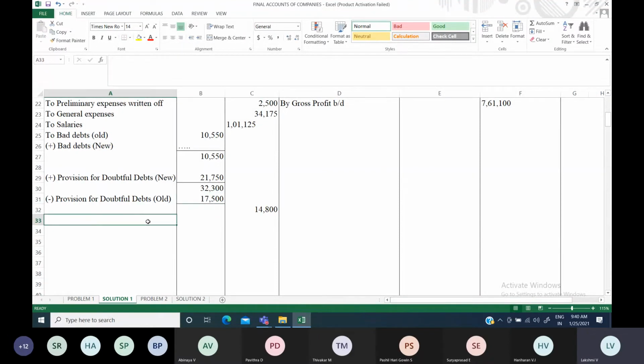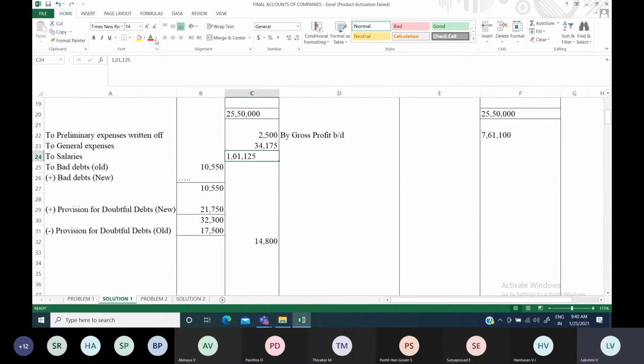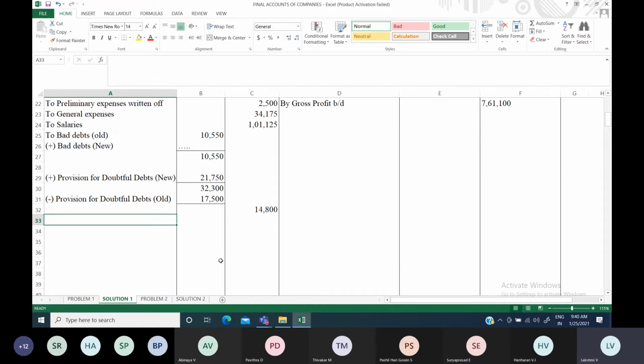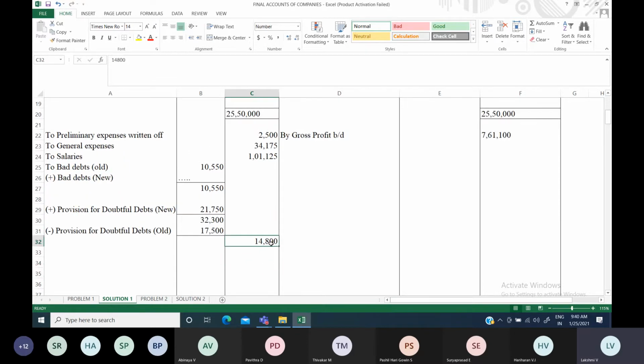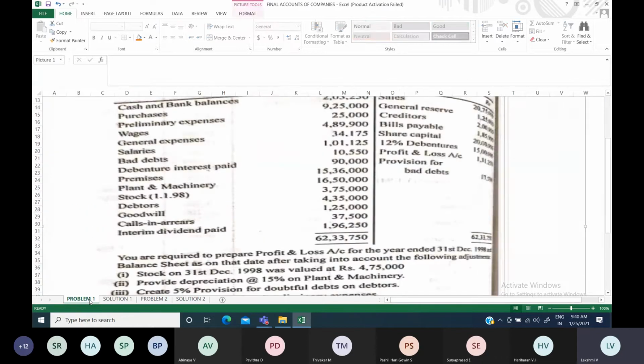we don't have further provision for discount on debtors, all those things. If you have provision for discount on debtors, then all those adjustments have to be done. New provision you will be adding, old provision you will be subtracting, all those will happen here. But you don't have such kind of items in our question. So straightly we can enter the final amount in the second column. Okay. Now we have completed bad debts, all those things.